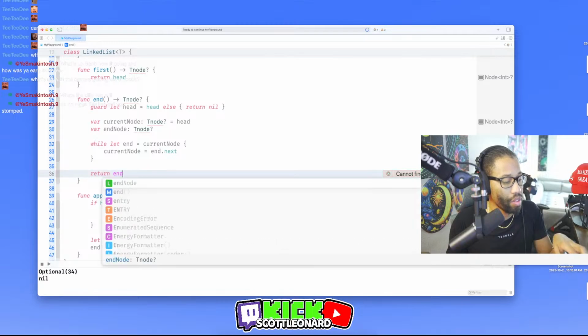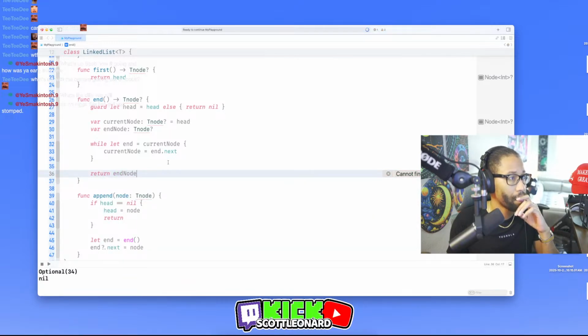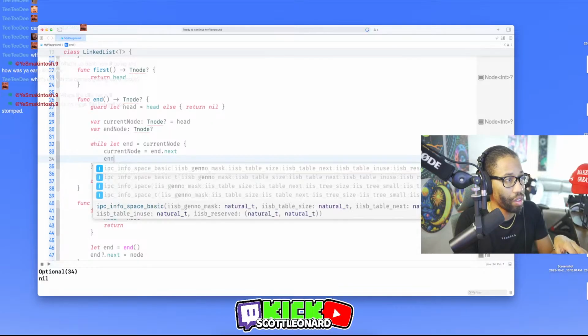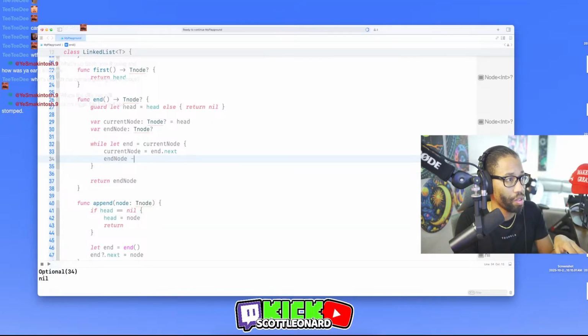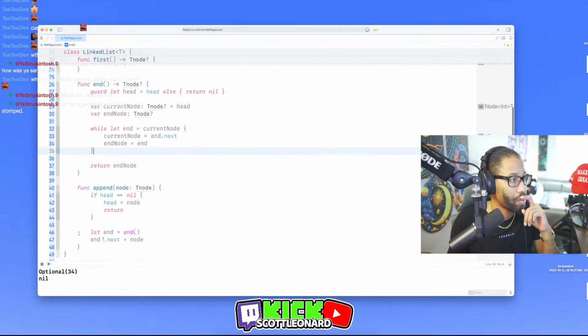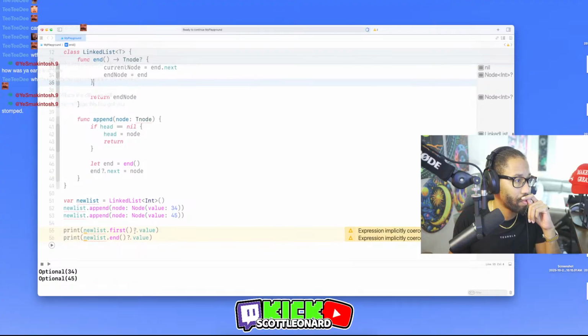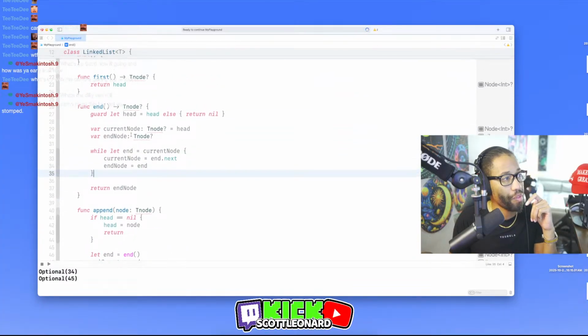It's going to be end node. And then this, end node equals end maybe, like that. Will this work? Yeah, that worked. 34, 45. That worked. I don't know if this is how he's going to do it though.